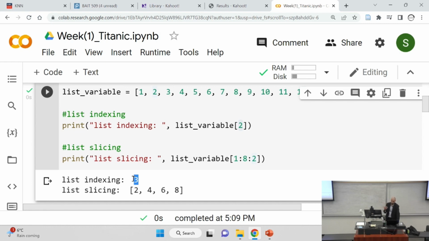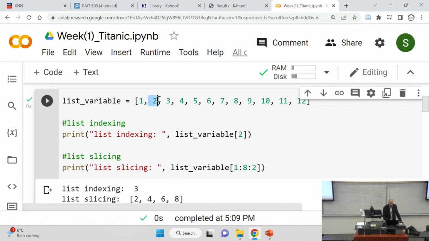Why is that? Because in Python, counting starts from 0, which is how it should be. People who are used to R complain about this, while everything in counting in computer science starts from 0. So the natural thing is to start from 0. I don't know why some other people complain about counting from 0. To me, it's natural. So if we provide this line of code, it gives us 2, 4, 6, and 8,